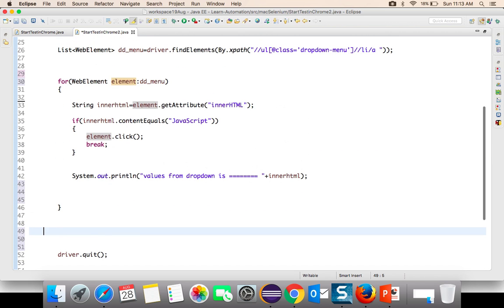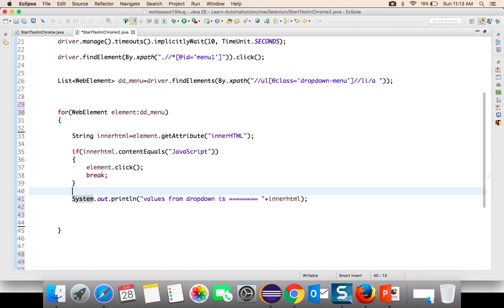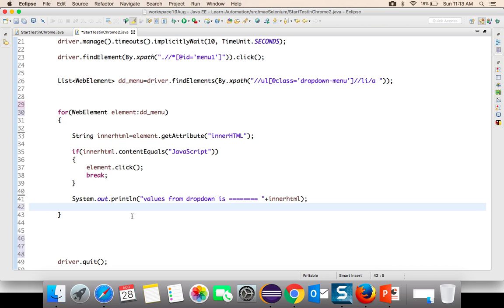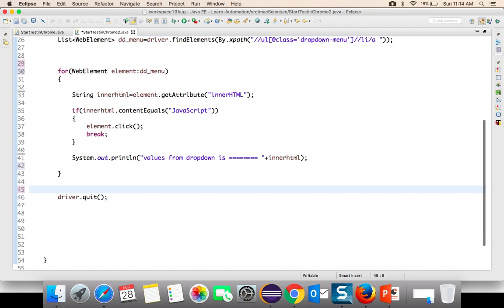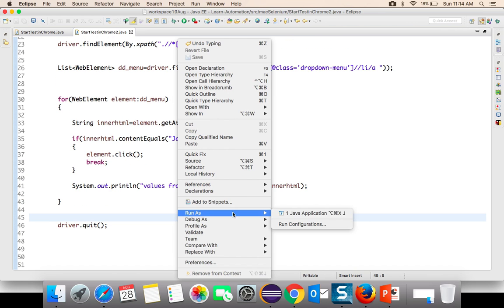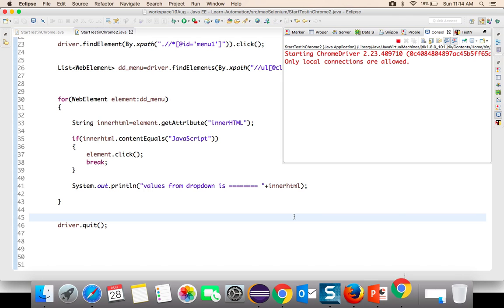So now it's the same code but with an enhanced for loop. Every time it will get a web element, capture the inner HTML, check if it equals JavaScript, then click, otherwise continue. If it matches exactly JavaScript, it will click, break the statement, and come outside this for loop. So let's run it. Before closing on Bootstrap,